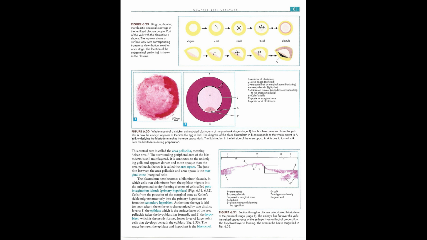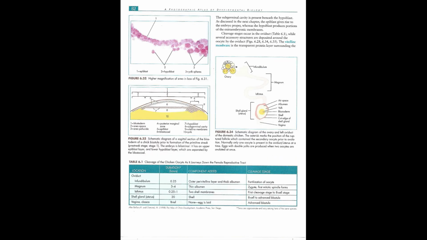1, the epiblast, which is the surface layer of the area pellucida, after the hypoblast has formed, and 2, the hypoblast, which is the newly formed lower layer of large yolky cells that develops beneath the epiblast, Fig 6.33. The space between the epiblast and hypoblast is the blastocoel. The subgerminal cavity is present beneath the hypoblast. As discussed in the next chapter, the epiblast gives rise to the embryo proper, whereas the hypoblast produces portions of